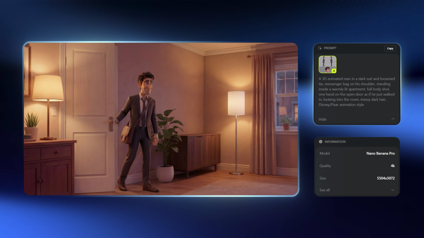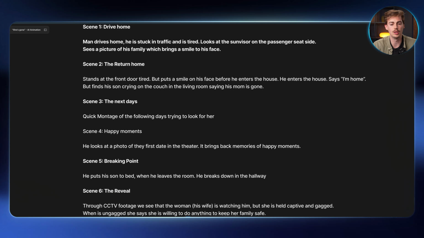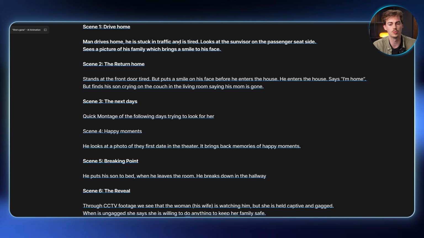And you want to be doing this for each of your scenes. Now, the first example that I showed you of making this image is an easy example. In a second, I will show you a more advanced example. But basically, what you want to do is describe what you want to have happen in your